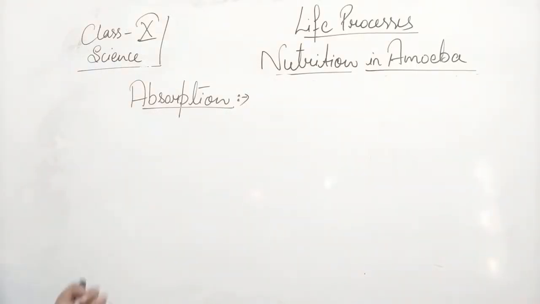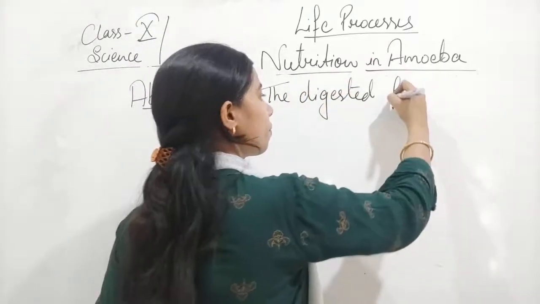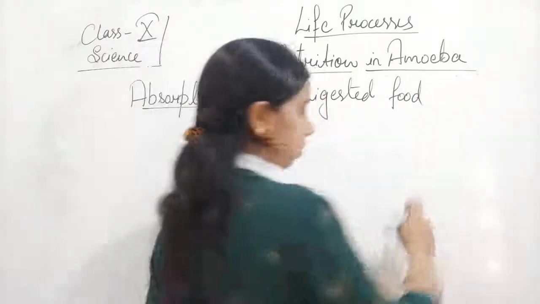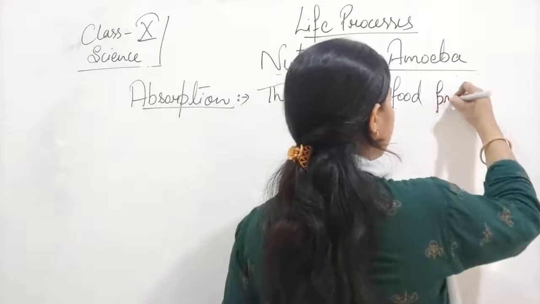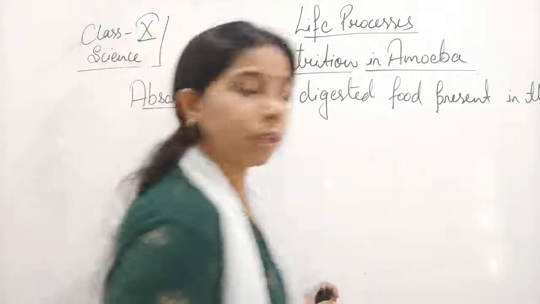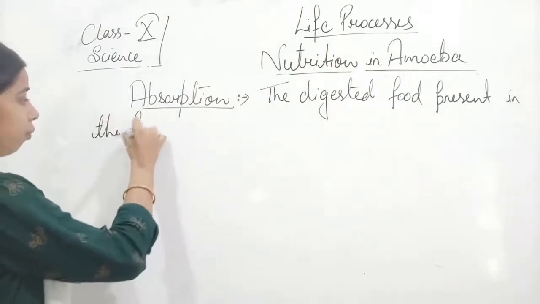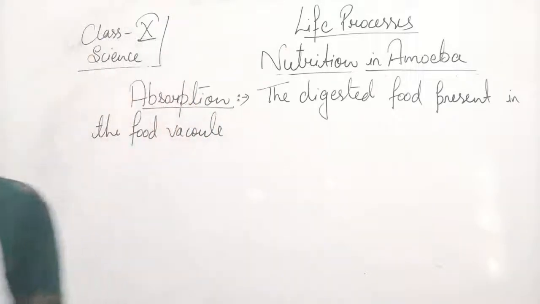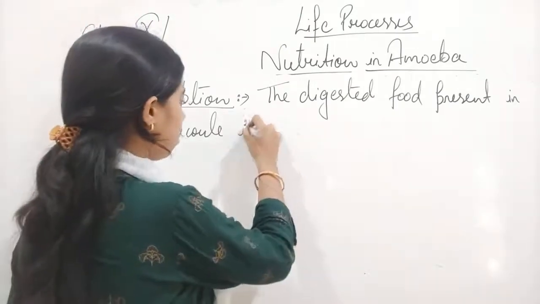So we can write that the digested food which is present in the food vacuole in amoeba